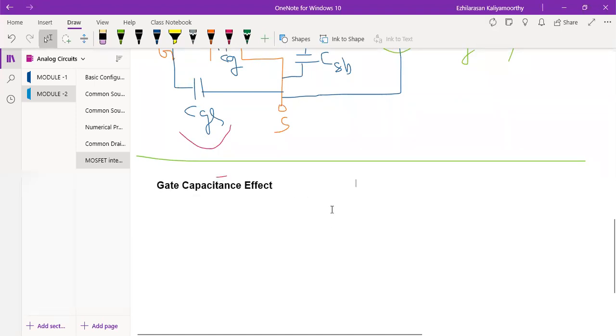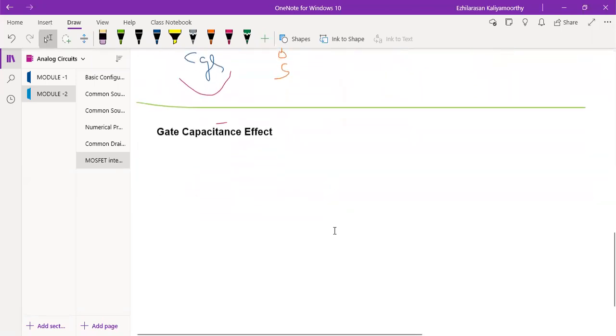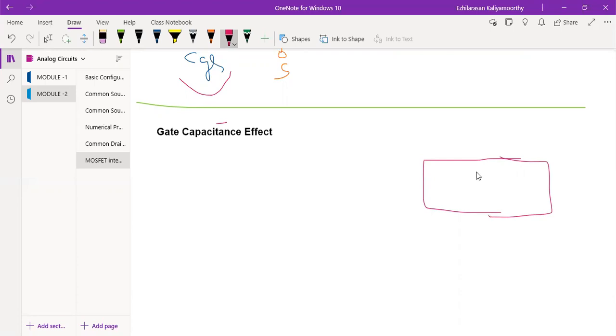Now here the gate capacitance is nothing but the gate electrode, which is your polysilicon. Gate electrode means polysilicon. The polysilicon forms a parallel plate. See here, as an example, I will draw one basic MOSFET. This will be your gate. This will be your N plus. This will be your N plus. See, this is the overlap capacitance. Actually, this is the overlap.